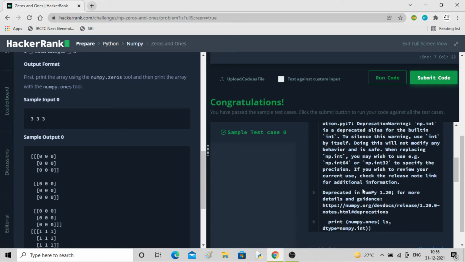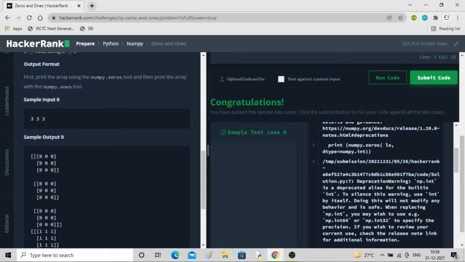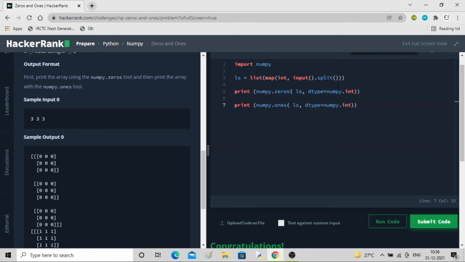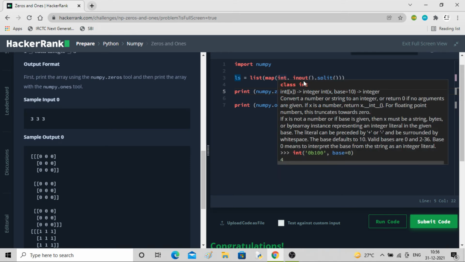These are correct, but what is this in type? numpy.zeros(ls), dtype equal to numpy.int, list map int comma input.